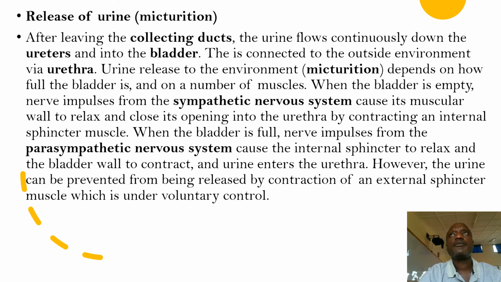So that's why at some point, just in case your bladder is full of urine, you can just stay there with such a volume of urine in the bladder, due to this external sphincter muscle, which is under voluntary control. So that's why most people are conditioned and can stay longer when their bladder is full. Okay,